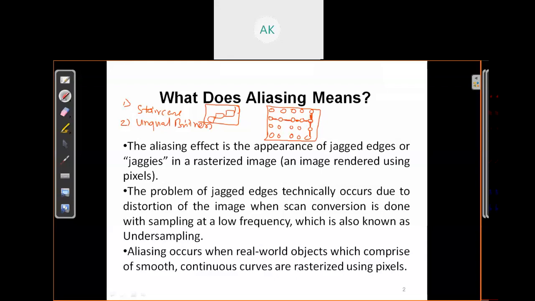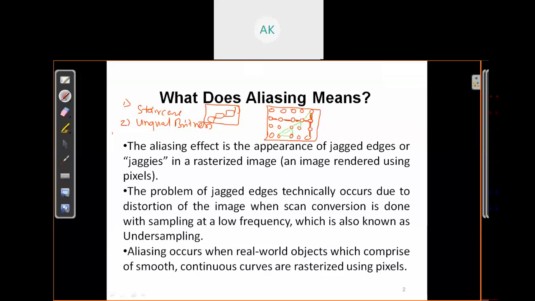But when we draw a diagonal line, suppose we draw a diagonal line in this way, this distance and this distance are not equal. It's an unequal distance.